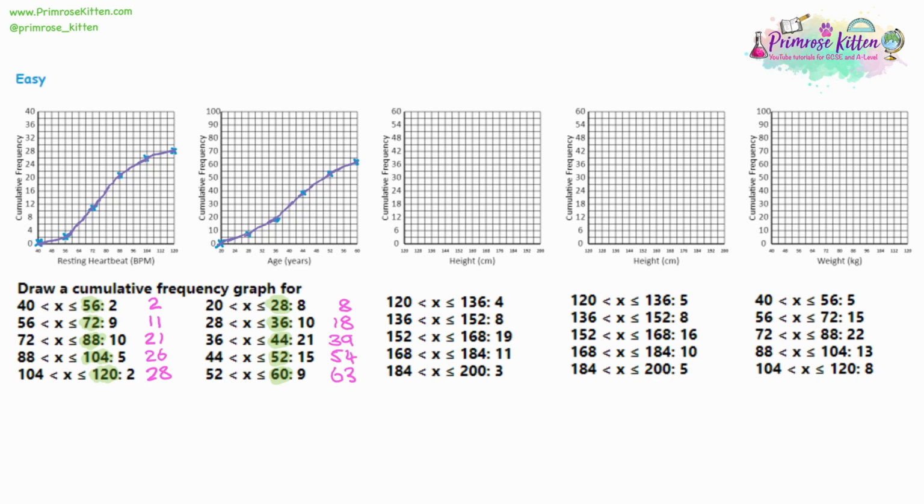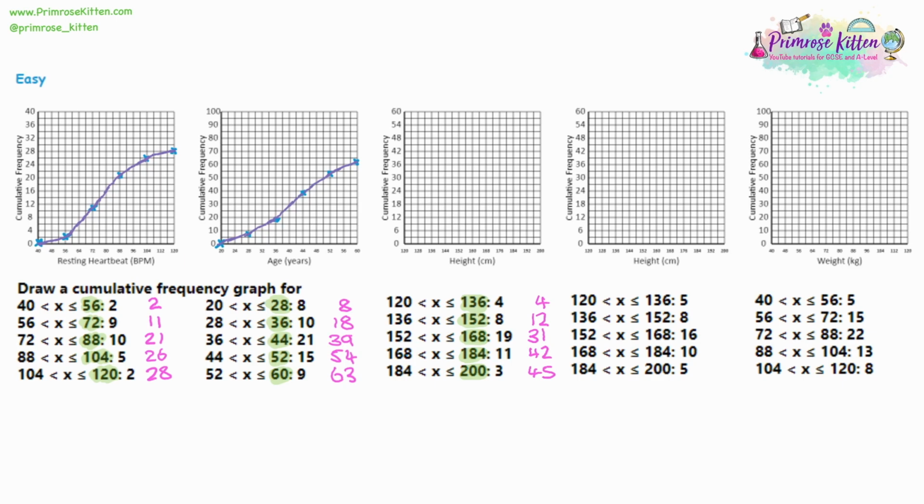Now moving on to a third cumulative frequency graph. This one is height against cumulative frequency. First thing is just be mindful we're plotting at the endpoints. So highlighting them just reminds you we're doing those. Then we need to write down the cumulative frequency, and exam papers normally will have this in a table, and normally there'll be a blank column for you to write this into. So 4, add on the 8, add on the 19, add on the 11, and add on the 3. And once you've done that, you can start to plot the points.